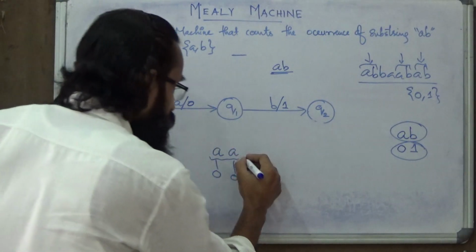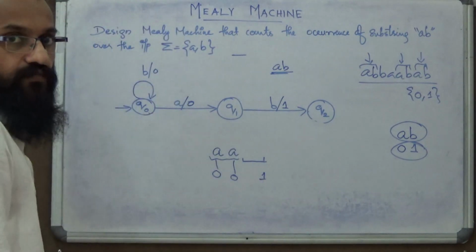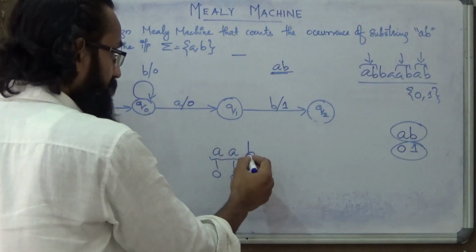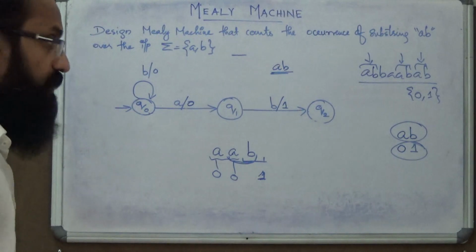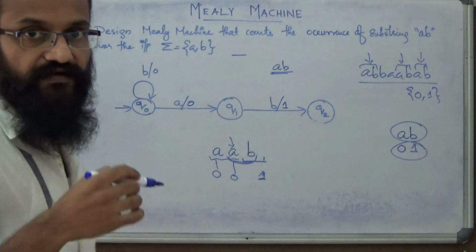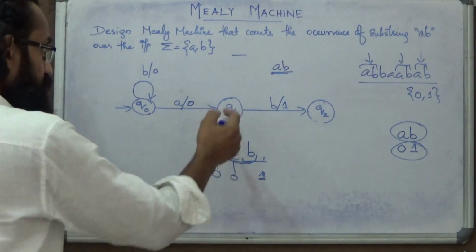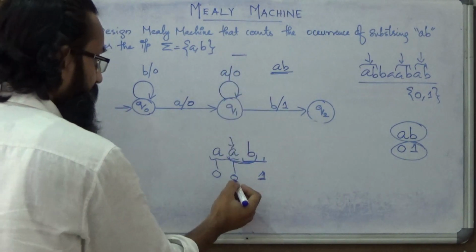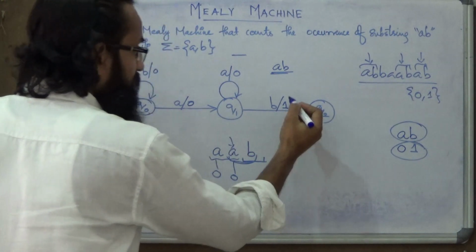So the question is, what about the remaining minimal string in order to attach output 1 to the output string? It has consumed A. If it reads one more B, it can recognize one occurrence of AB and it can attach 1 to the output string. So this A transition must go to that particular state from where it can consume exactly one B to generate output 1. So from Q1, A transition must remain in the same state generating output 0, from where it can consume exactly one B to generate output 1.